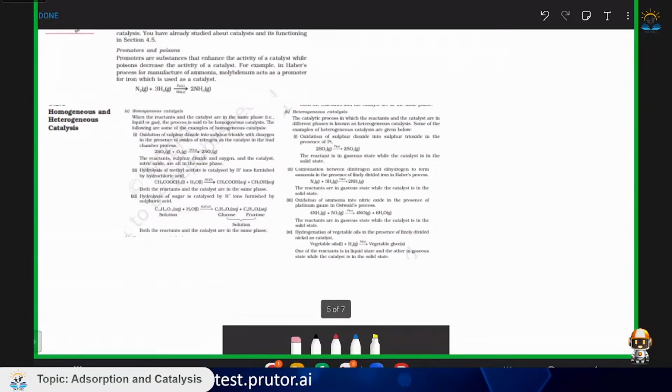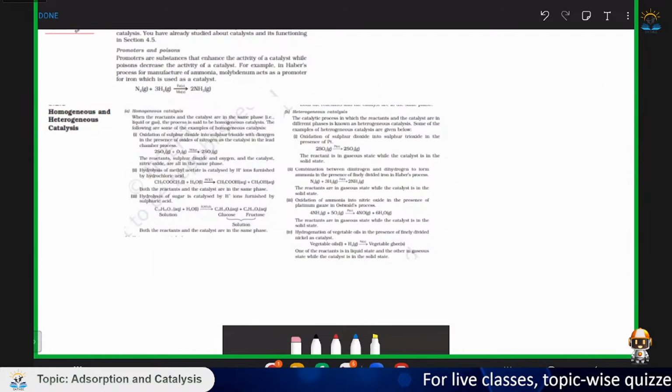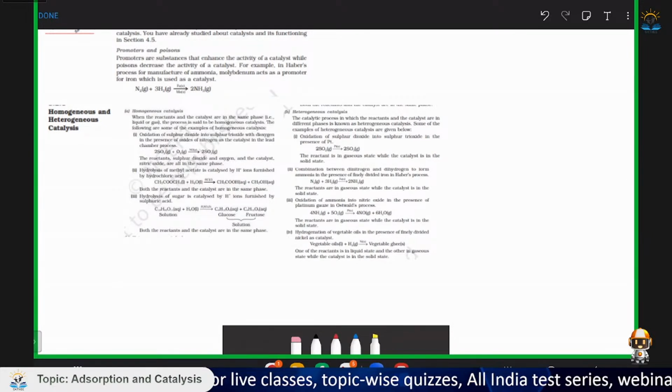Homogeneous and heterogeneous catalysts. Basically, if the reactants and your catalyst are in the same phase, it is homogeneous; if not, it is heterogeneous. Haber's process is heterogeneous. Homogeneous catalysis, so mostly your catalyst would be in gas phase or liquid phase, never in solid phase. Heterogeneous catalysis are very famous because, let's see,